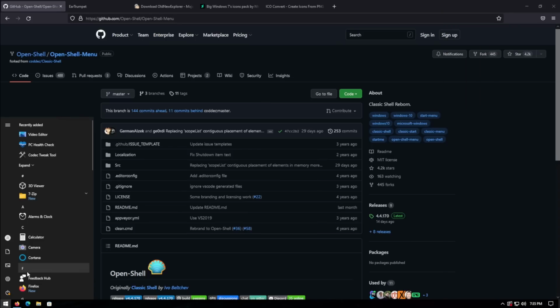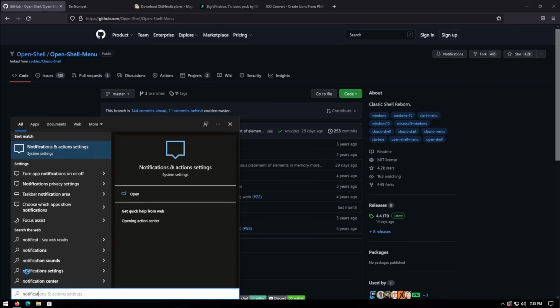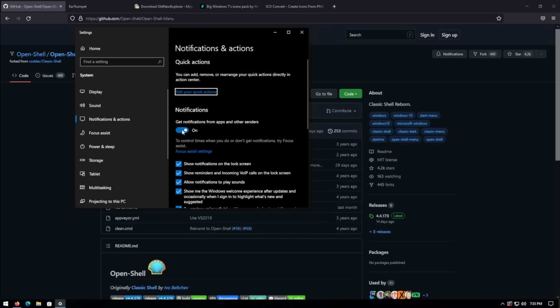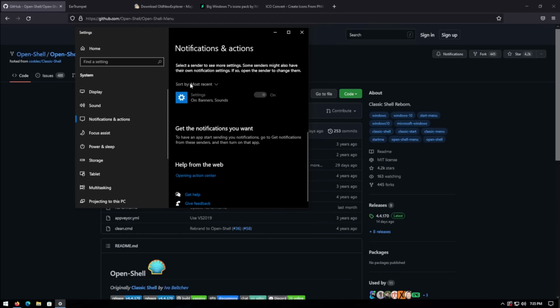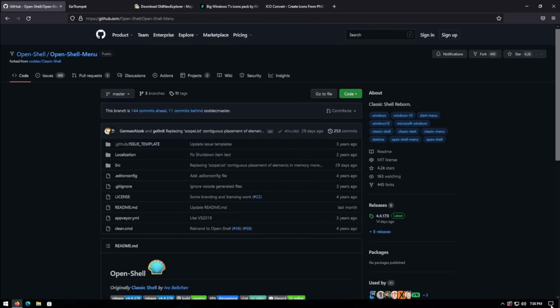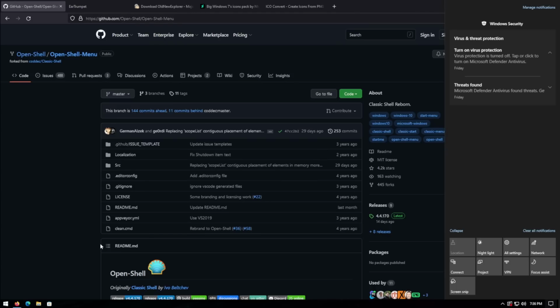Click on Start, type Notifications, and you'll see Notification and Action Settings. Bring that up, turn all this off. You know, I'm gonna turn all this junk off. There we go. And now if you want to get rid of the little icon over there, we'll just hit